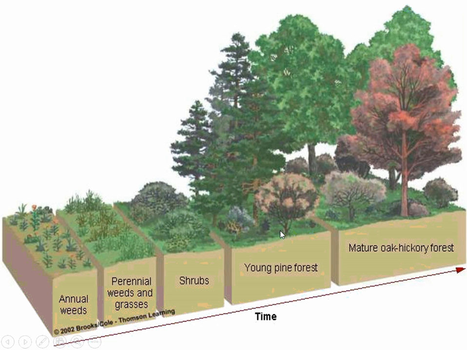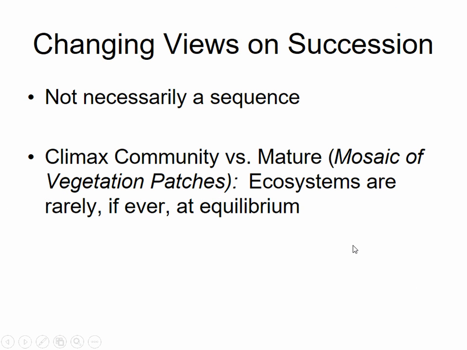So remember, old school ecologists used to predict this succession as an orderly sequence of events trending to the stable climax community. Modern ecologists are now changing their views on this predictable sequence. They argue that it's not predictable. Ecosystems have disturbances all the time, and it's difficult to know when and where they're going to occur.